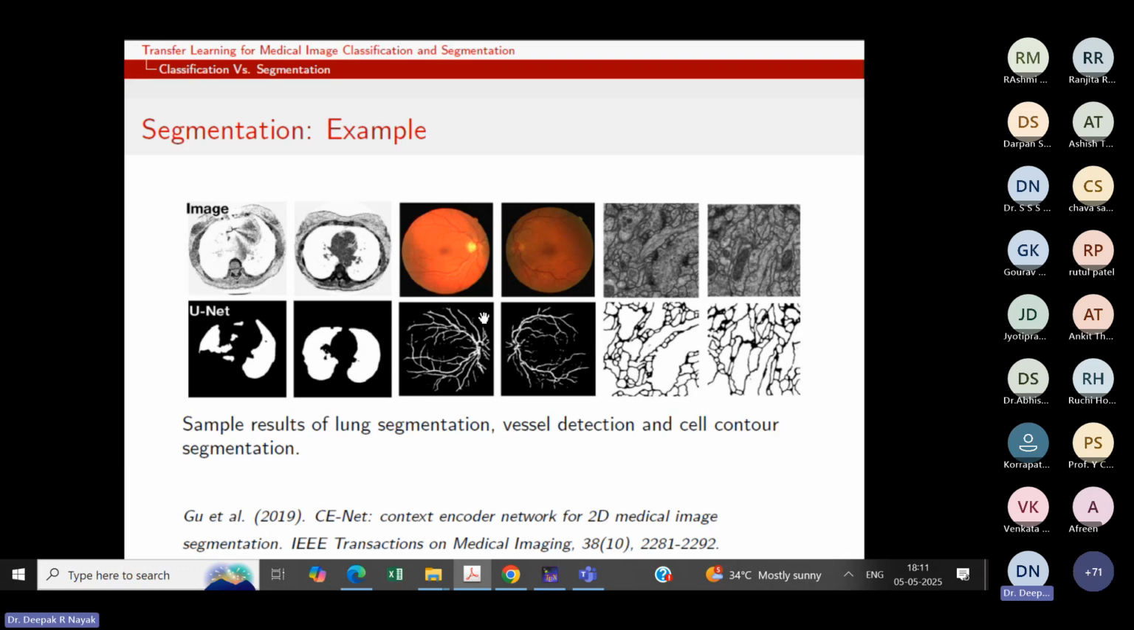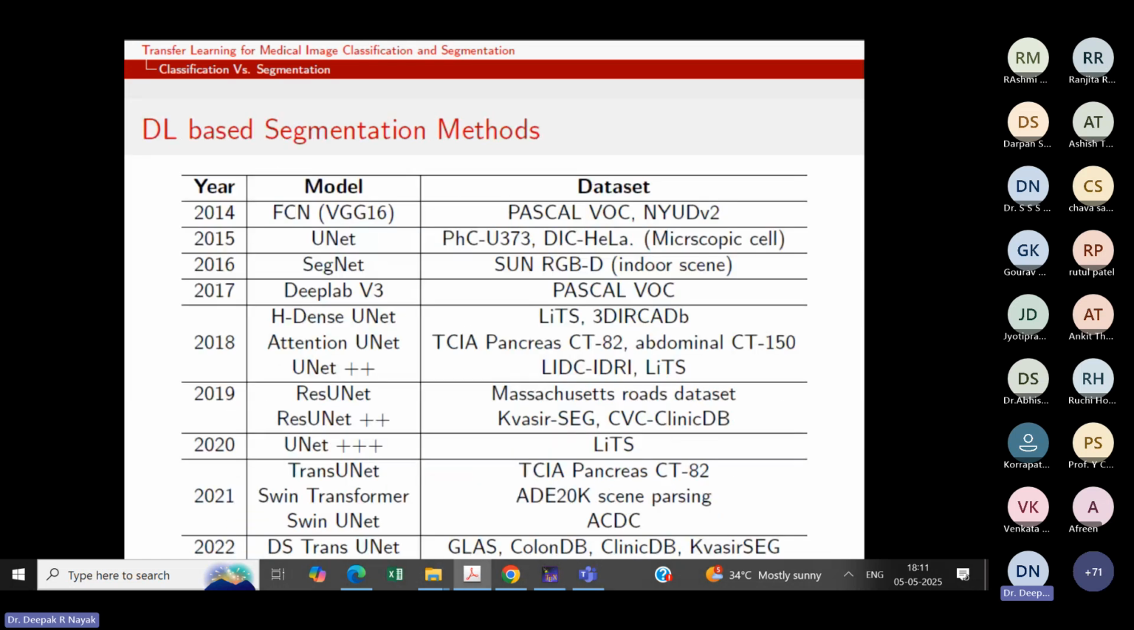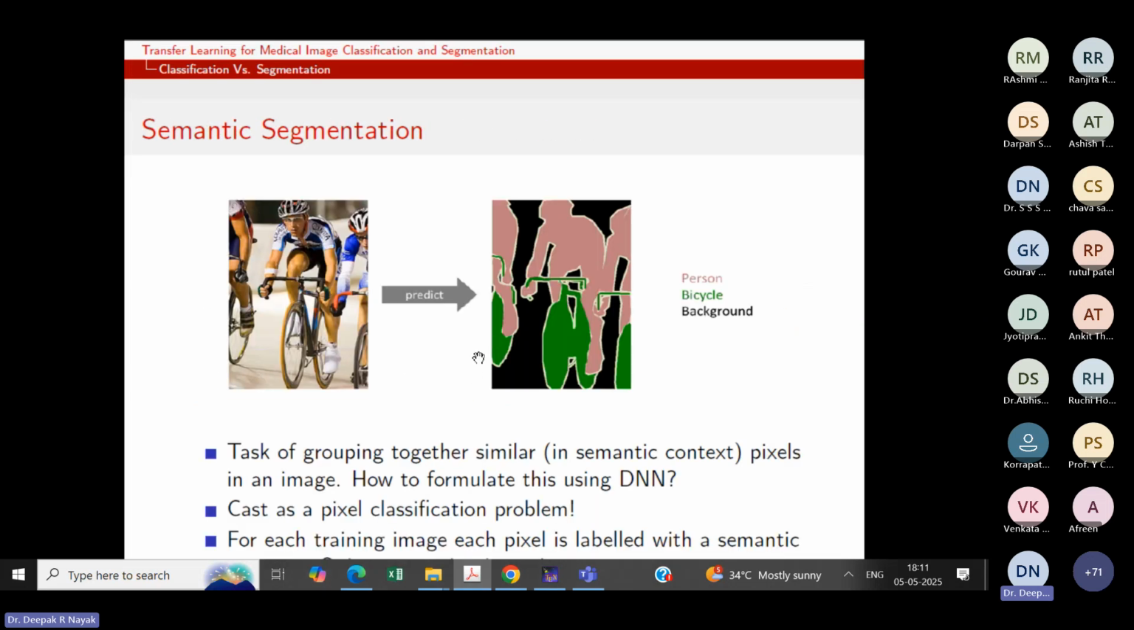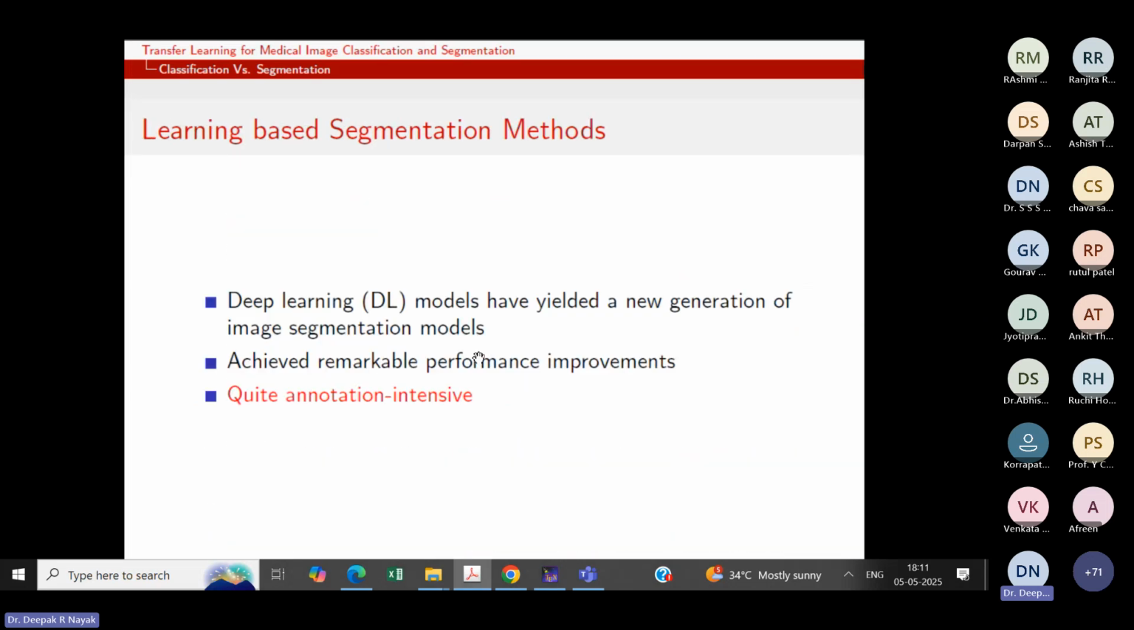So in most cases in medical imaging, the number of classes is two, but in some cases the number of classes is more. It's not always two. It can be more than two, more than three, more than five, even in medical imaging. Fine. As I mentioned, these learning-based segmentation methods are more accurate compared to the traditional